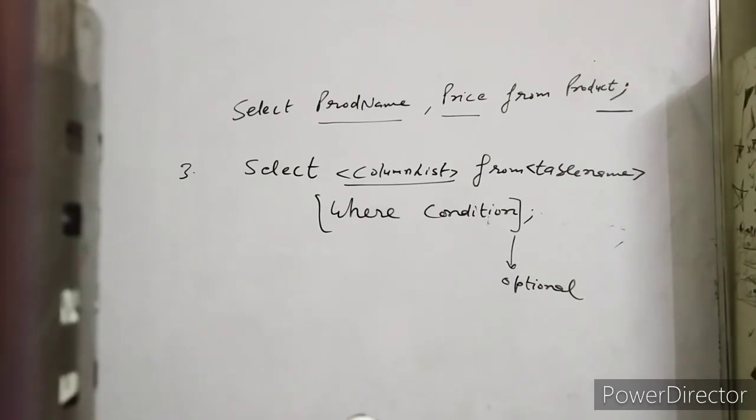Students are saying please repeat the definition of DDL. Listen again, students. Write down: DDL commands work on the structure of the database and table. We can say they work on the schema. I have used the word schema also for structure. These commands work on the schema or structure of the database or table.